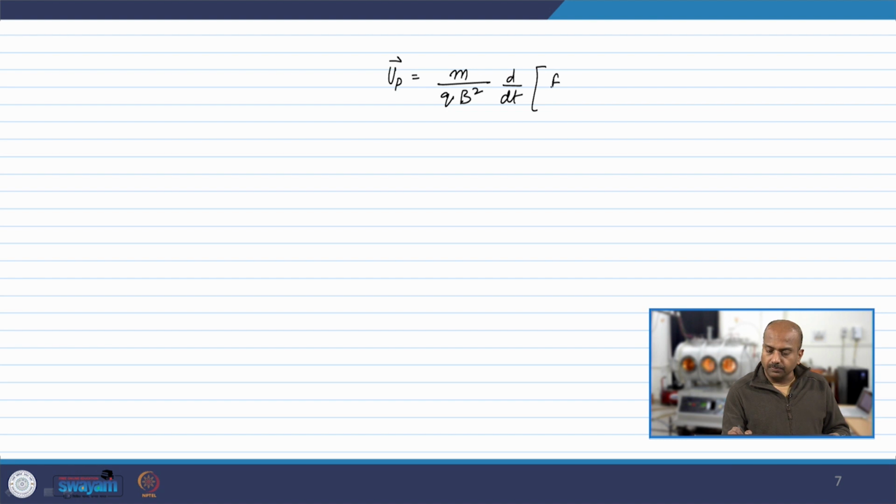Hello dear students, we will continue our discussion on understanding the particle motion in a time varying electric field. So far we have derived this expression where the polarization drift Vp is written like m by qB square times d by dt of E cross B by B square, cross B. So, we again have this triple vector product on the right hand side, which can be resolved